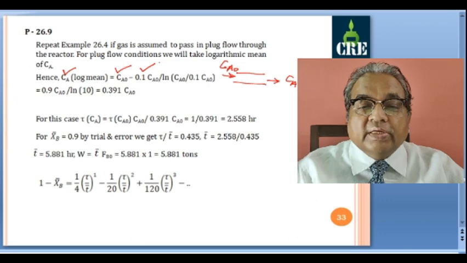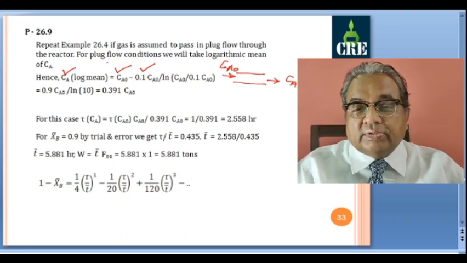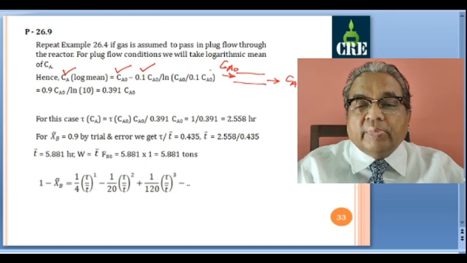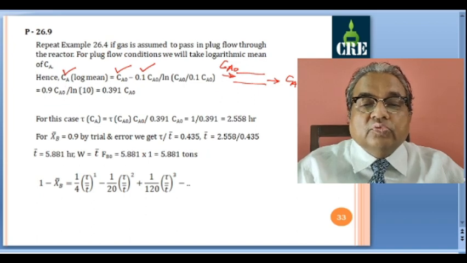Inlet concentration minus outlet concentration divided by ln of inlet concentration by outlet concentration. This is the log mean concentration difference, as you take LMTD, log mean temperature difference. So instead of taking arithmetic mean, log mean will give you the better averaging here. So just substitute here, and